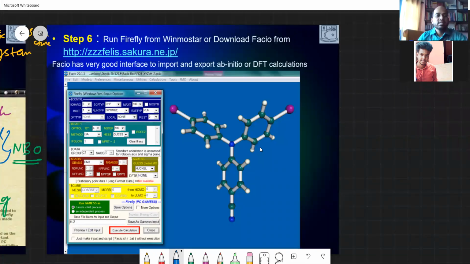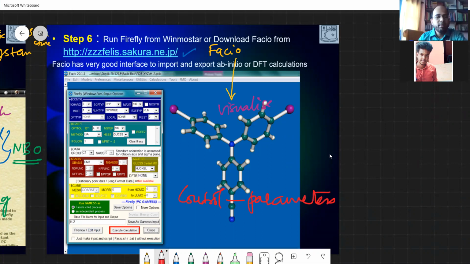Then this is step 6, in which you can download files from the college. I have used these Spartan steps very widely. Spartan is free software. It can visualize the orbitals. Now the beauty of this is that you can control the parameters here. What are the parameters? You can give